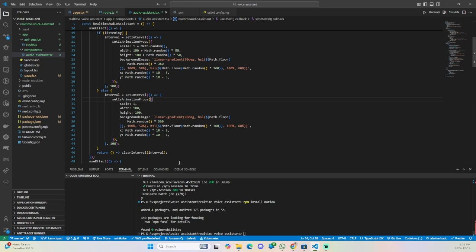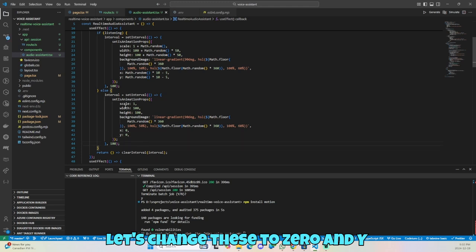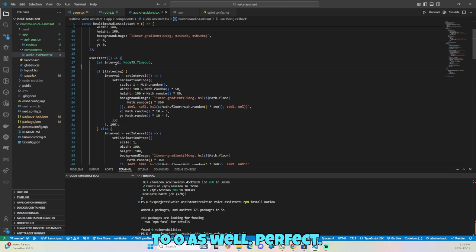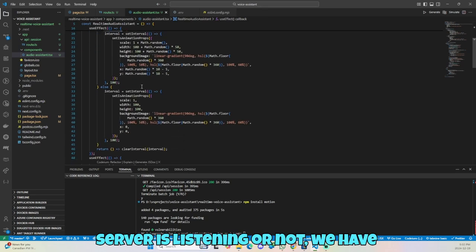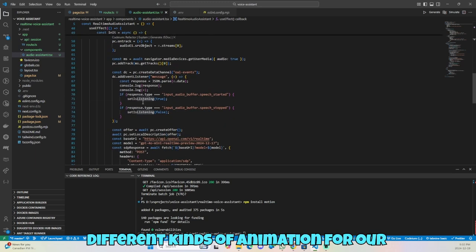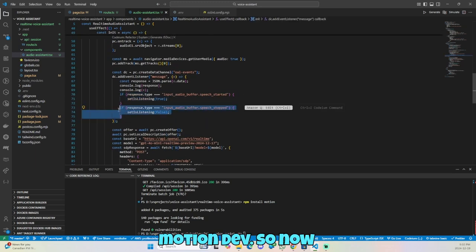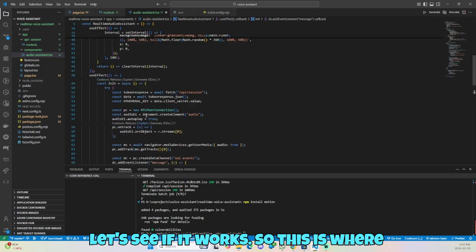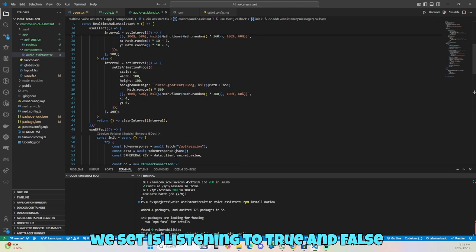Again, X and Y. Let's change these to 0 and Y to 0 as well. Perfect. So now whether the server is listening or not, we have different kinds of animation for our motion dev. So now let's see if it works. So this is where we set isListening to true and false, and then depending on whether it's listening,